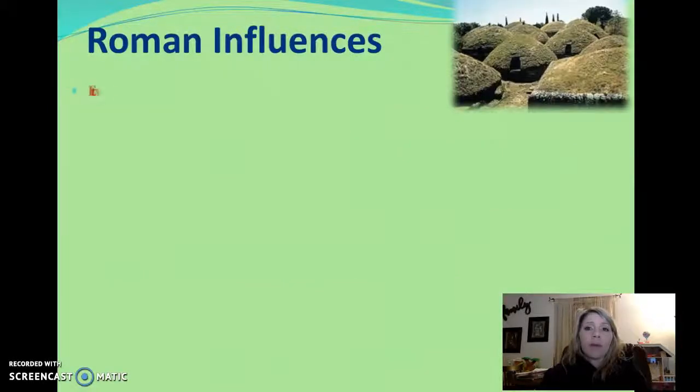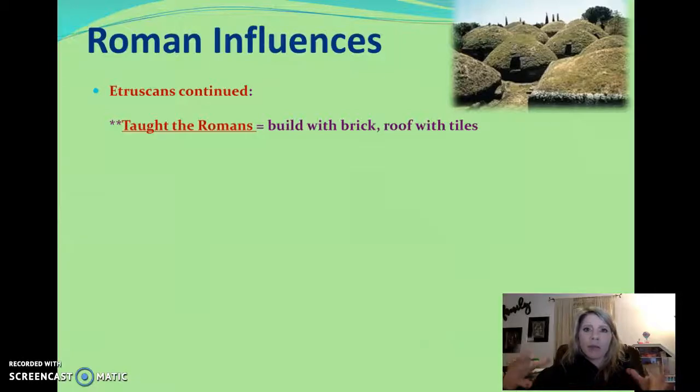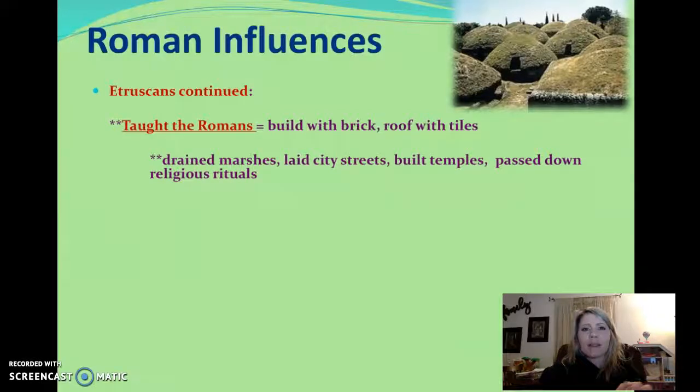Okay, so if we look at what the Romans are going to copy from the Etruscans, probably because they were ruled by them for so long, some of the things that we look at are really the structural items. So the Etruscans were really good with making buildings and homes. They taught these people how to build with brick. They had roofs made out of tile, which is more sturdy than those straw huts that they were used to before. They also created city streets. They built temples. They had a type of sewer system already in place. So they were really able to learn structurally a lot of things from the Etruscans.